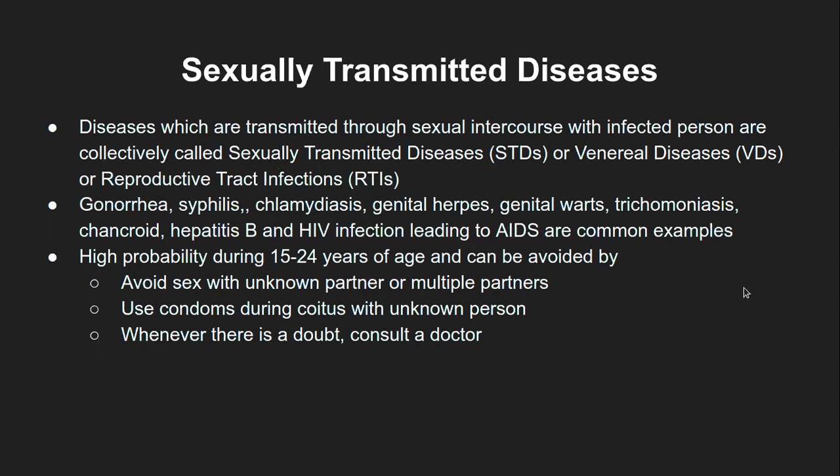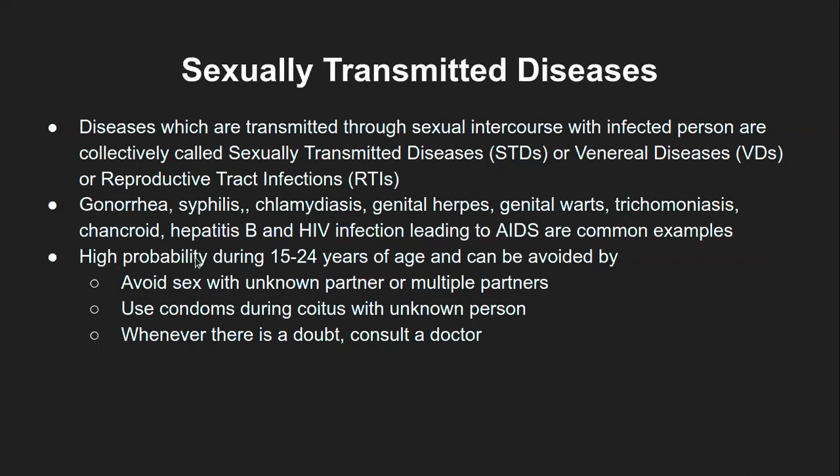Usually there is a very high probability of these STDs happening between 15 to 24. Now I would like to change this number. It should ideally be 15 to 35 years of age, because in earlier days, marriage used to happen a little early, somewhere around 25. Now marriage itself has shifted to somewhere around 28 to 30 years of age. So obviously the proportion of casual sexual intercourse has increased quite a lot, and then the age will also change.